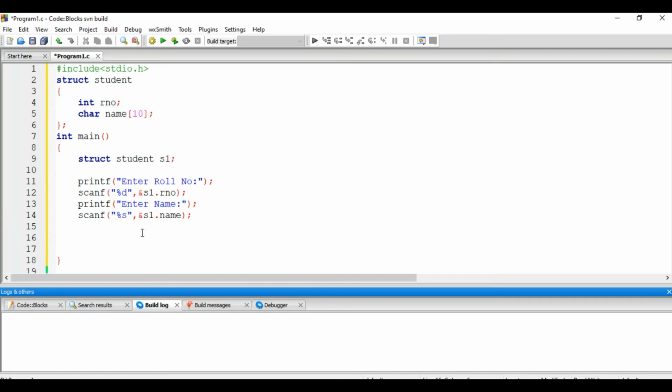Now I want to print his roll number and name, so I use the printf statement again. Printf roll number colon %d, and his roll number is s1.rno. Remember the syntax is structure variable dot member variable. Now I want to print name.